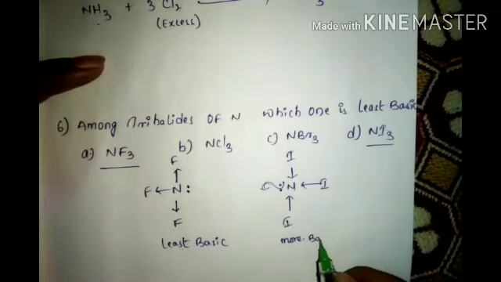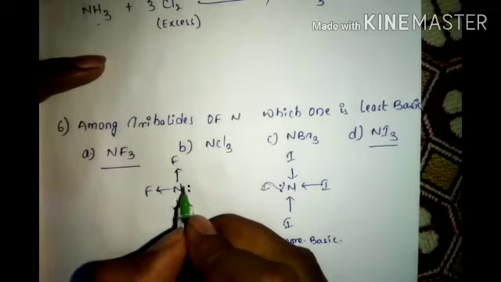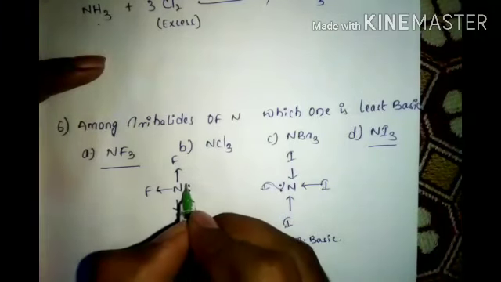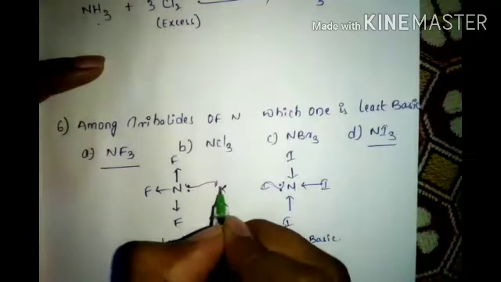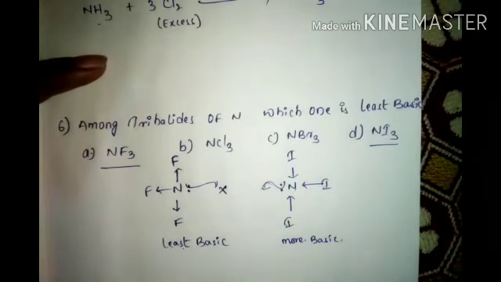More basic. Got it? Acceptors are called acids. Donators are called bases. This is the donator. It can't donate easily because fluorine is the most electronegative, and the protonation